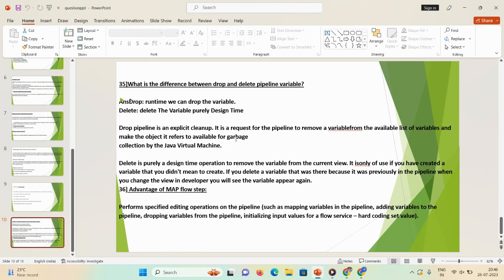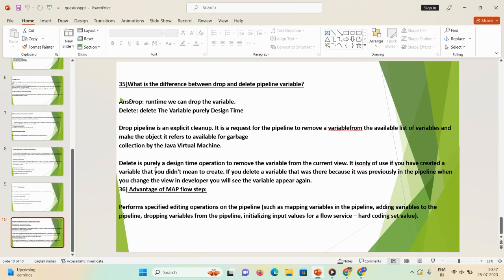And delete, let's say you take a variable but it is unwanted, so you can delete it and it's a permanent deletion. And drop means if you drop the variable and you require that variable in a second service, third service, you can undrop it and use the particular variable. And once you finish your step, you can also undrop the previous step variable.